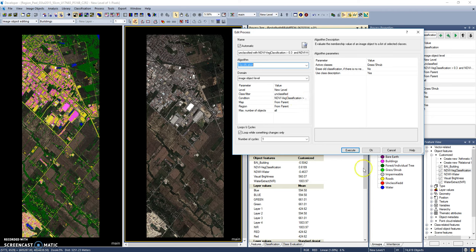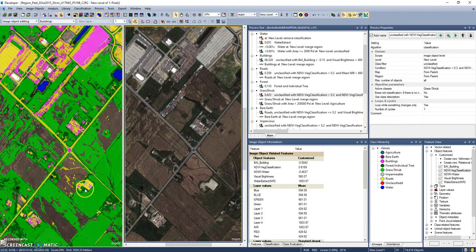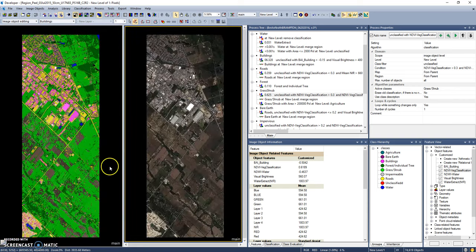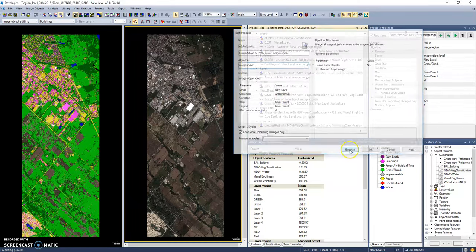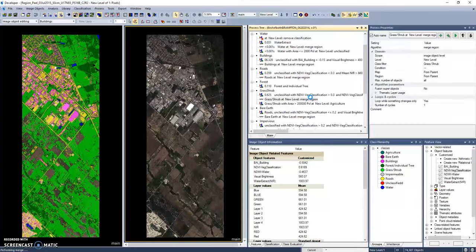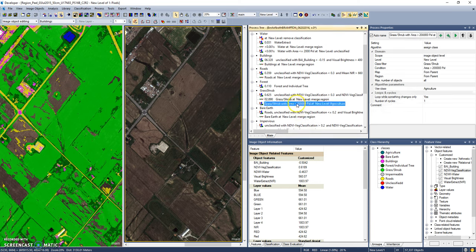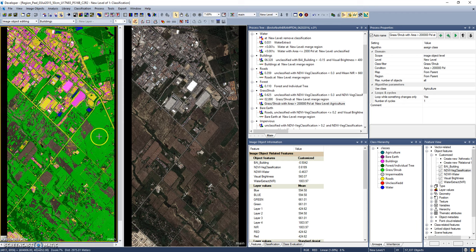Next, we're going to classify all the grass and shrubland, and as you can see, this can be tricky because some farm fields have vegetation on them and some are in bare fields. So what we did for that is we then go into our merge, we merge all of our grassland, and because in this image we have more bare fields agriculture, what we're going to say is any areas that are bigger than